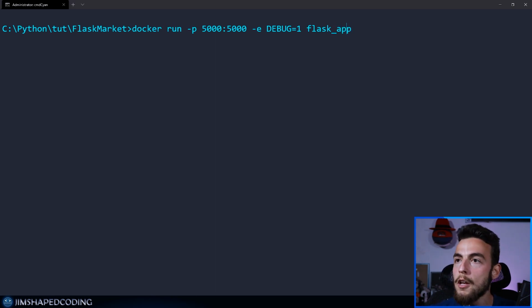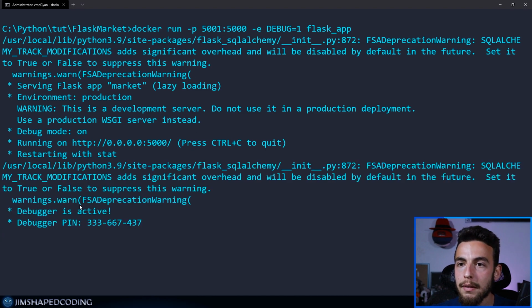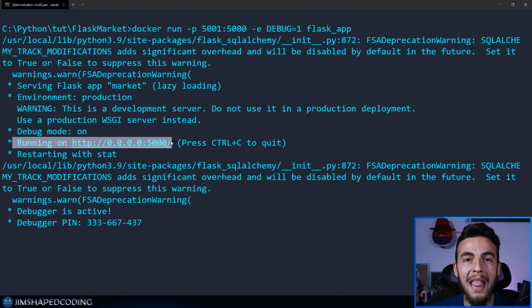Now we can also change the port of the local server, which is our machine, when we execute this container. So we can actually change the port on the left side of this entire expression to change the port that is going to run. So we can say maybe 5001, and now if we run this, you can see that we still receive debugger is active. Now I know that this might confuse you, but this actually comes from the container, so that is okay,